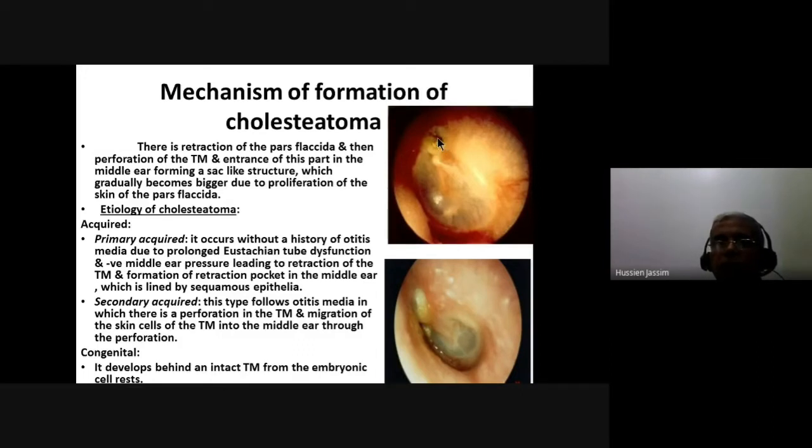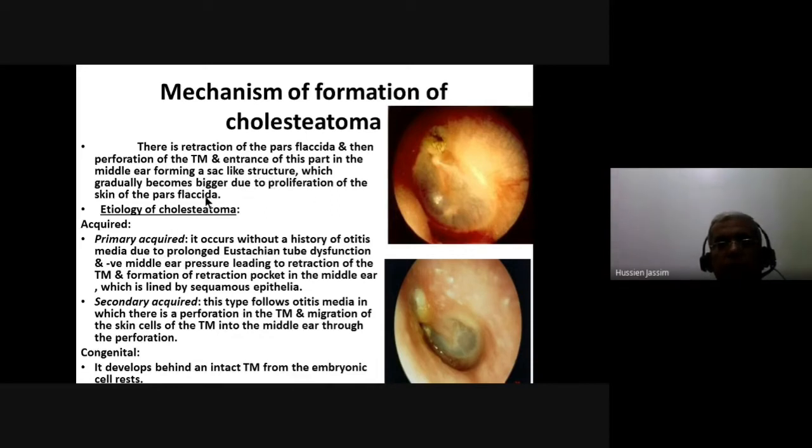You see this debris accumulating inside this sac, and then it starts extension backward or medially toward the middle ear, and there will be retention of these secretions or debris, and we have this perforation and discharge from the pars flaccida. The main pathology here is retraction of the tympanic membrane in this thin layer, the pars flaccida, and retention enters into the middle ear forming a sac-like structure.